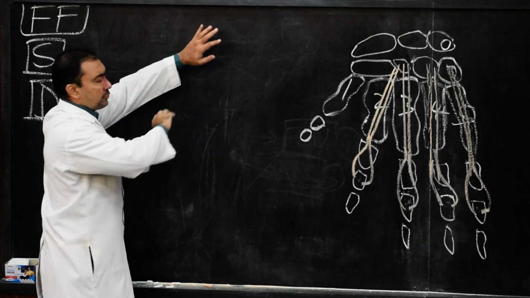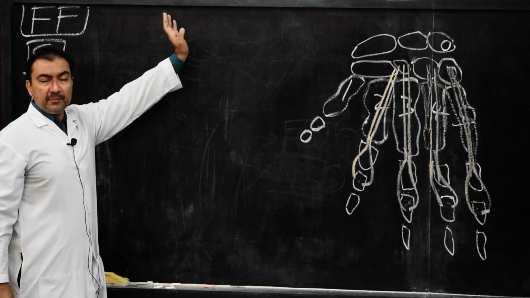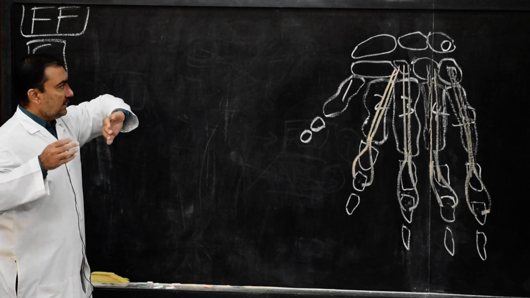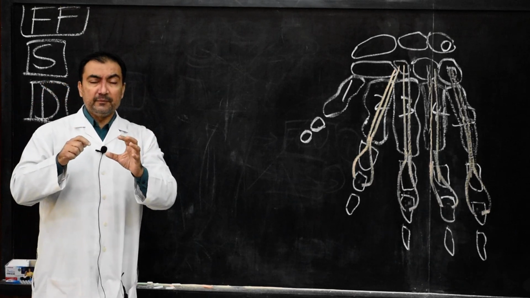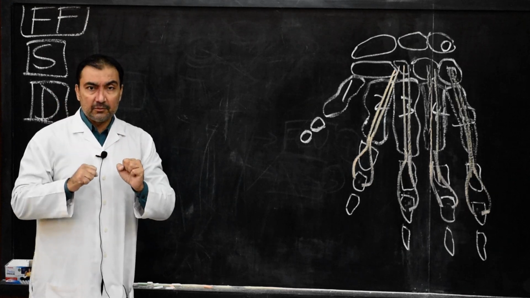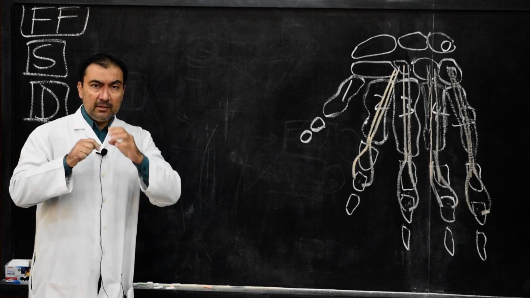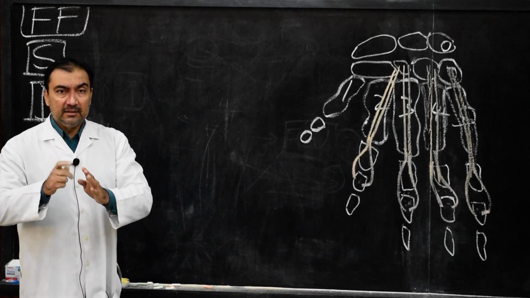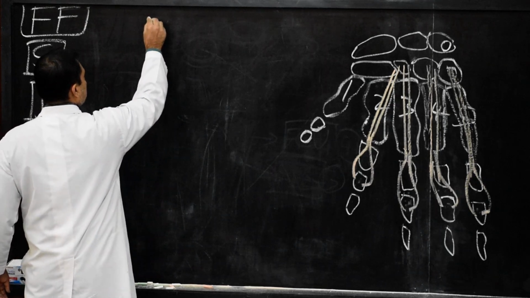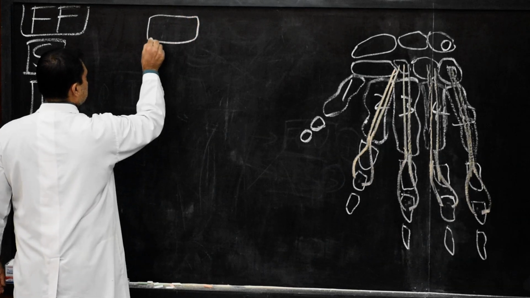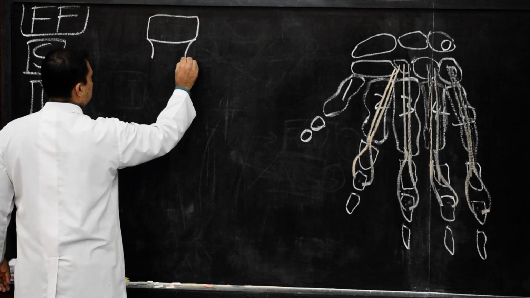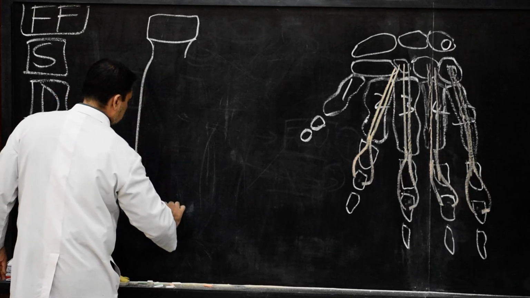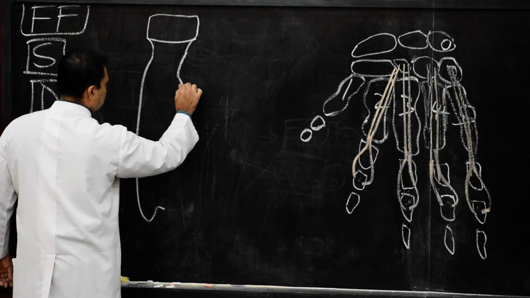That is what we are going to show. We are not going to show the capitulum, trochlea and the medial and lateral epicondyle of humerus, because that already we have shown as the superficial group of muscles used to take origin from medial epicondyle, from a common flexor group. Now the deep group of muscles of front of forearm will take origin from radius and ulna. So it is mandatory for us to draw the radius, the head, the neck of the radius. Similarly here we come up with the body of the radius, radial tuberosity.